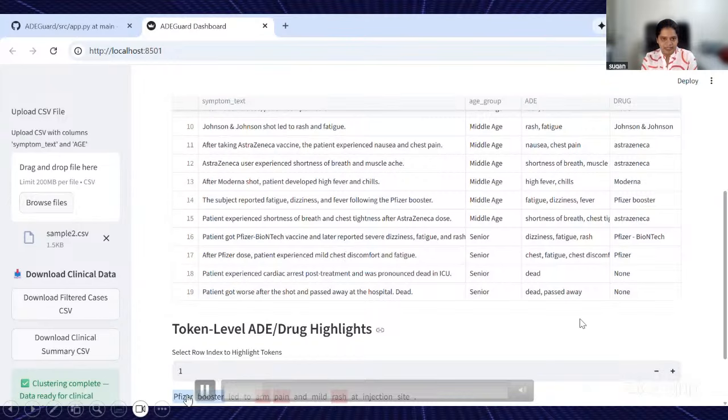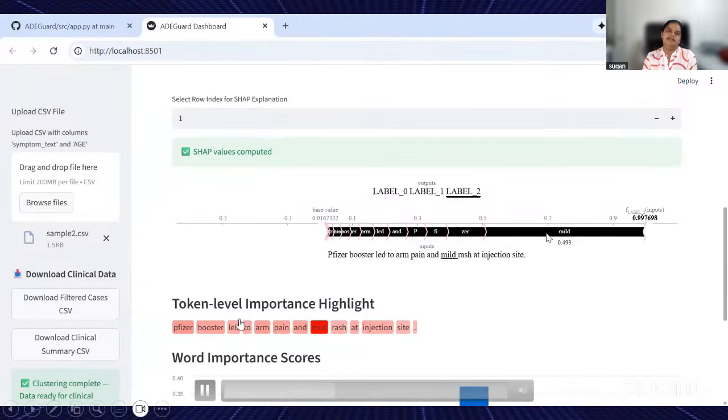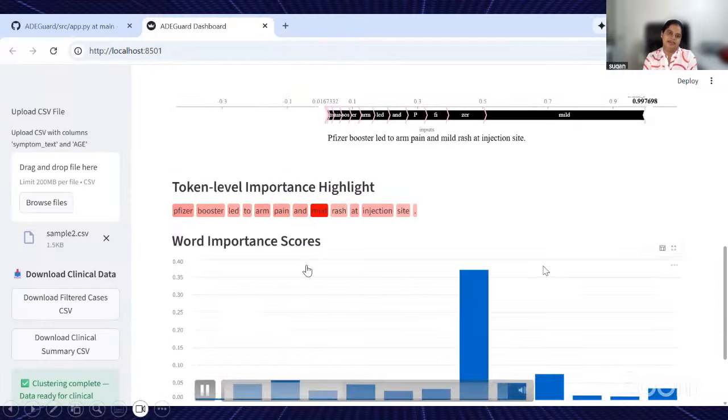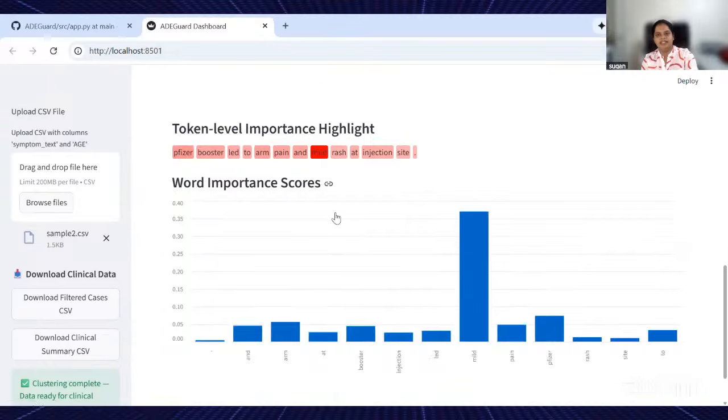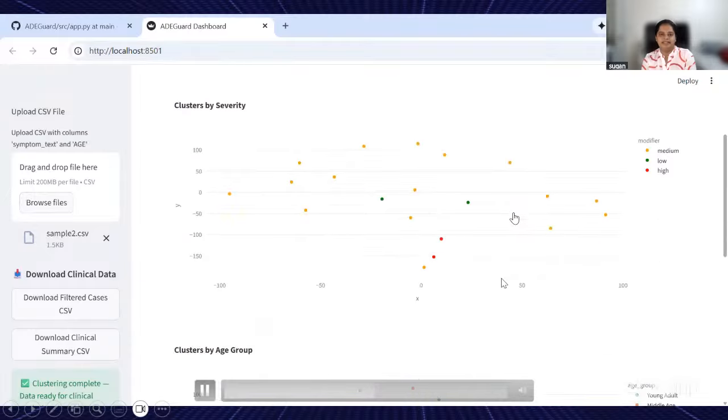If you hover over that, you can also see the confidence scores, like how the model predicted this is a drug and this is an ADE, but somehow it's not getting captured in my Windows recording. If you execute it, you can see the confidence scores getting displayed there. Next, once the ADE extraction is completed, comes the severity classification. How the model computes that the drug effect is mild or moderate or severe can be seen here. I have also given a token-level importance highlight and word importance scores. The word mild here corresponds to this effect is mild, so the model predicts this as a mild severity.